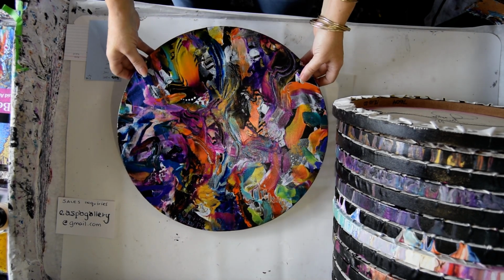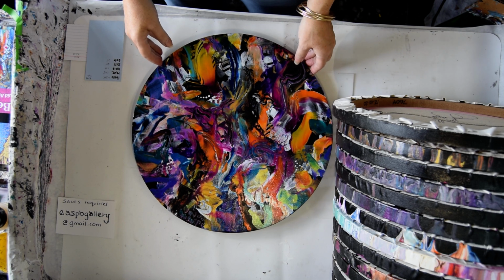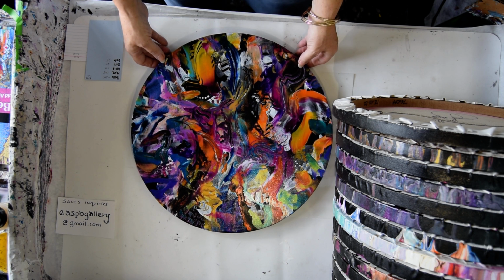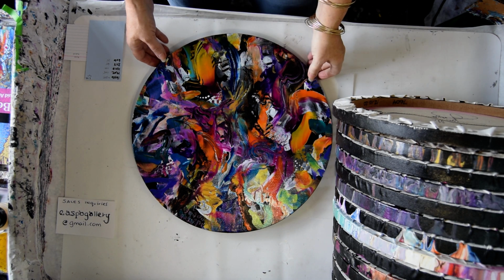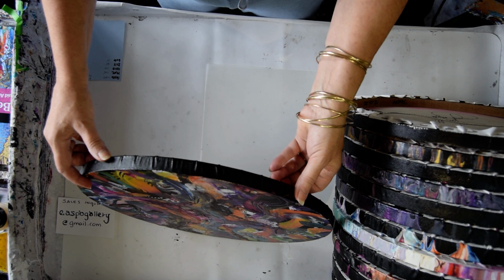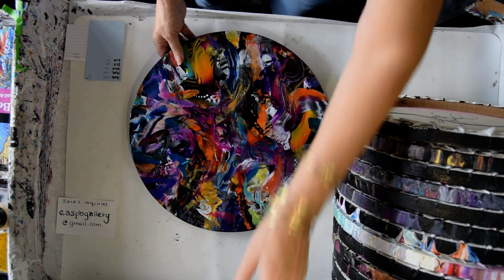I'm in Spring Hill, Florida, and I have a bunch of 16-inch rounds, 12-inch rounds, 10-inch rounds, some 8x8s, and a couple of 6x6s, all on sale with a few exceptions until November 15th, 2023 for roughly half price. So the first painting that I have up here I love, and I hope doesn't sell. It's 8742. It's Abstract Expressionist,